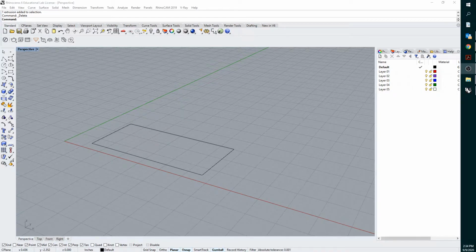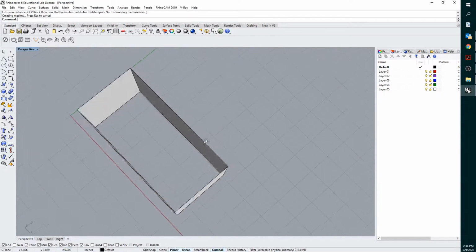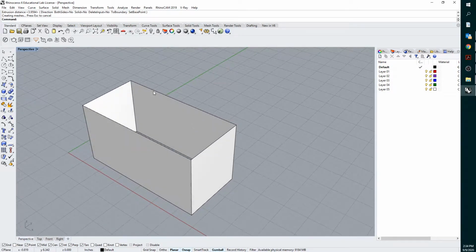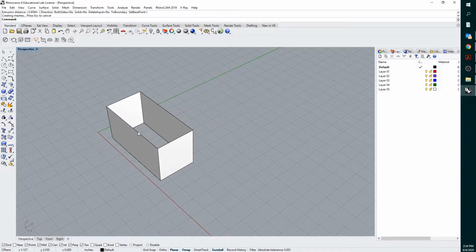There have been quite a few questions about extrusions in Rhino and how to get them to be solid. So when you first go to extrude a curve in Rhino, by default, typically it will look like this. It'll be hollow. It'll have a hole at both the top and the bottom. So an easy solution, if you do this and you see that it doesn't have a cap